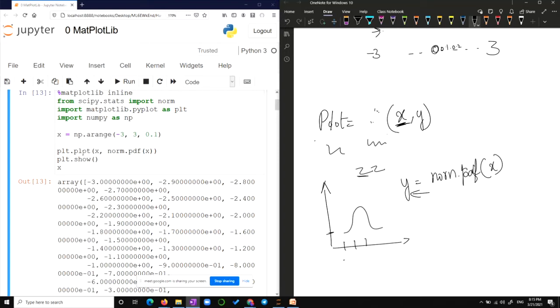Plot dot plt dot plot x comma norm dot pdf. Are you sharing anything? Sorry, I'm not able to see. I'm seeing your meeting host information. That's it. Oh, okay. Wait, let me share again. Yeah, I have shared it. I've been sharing for a long time.